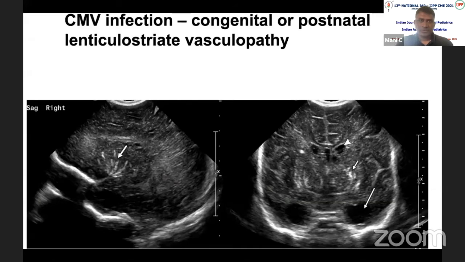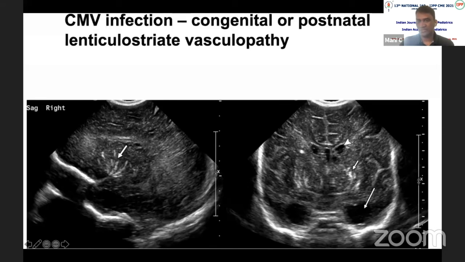The last few important things, like a CMV infection, you can diagnose in cranial ultrasound itself. So when you have a baby with IUGR, microcephaly, petechial rashes, hepatosplenomegaly, if you suspect congenital or postnatal CMV infection, before you send the urine or blood for CMV PCRs, you can put a probe in and diagnose. You can see in some babies the